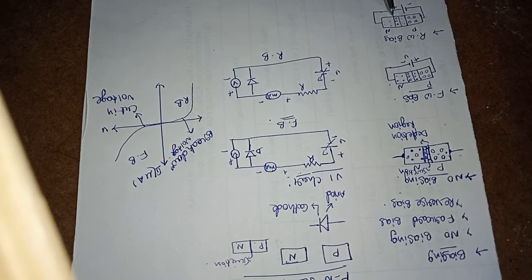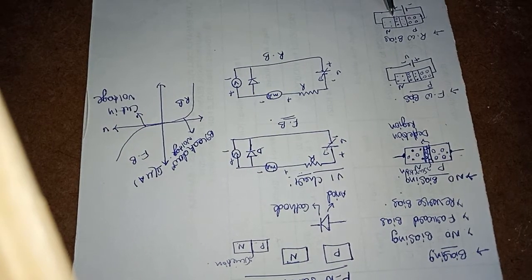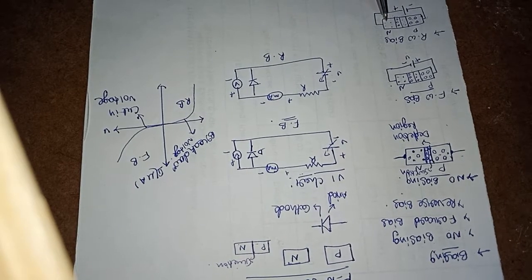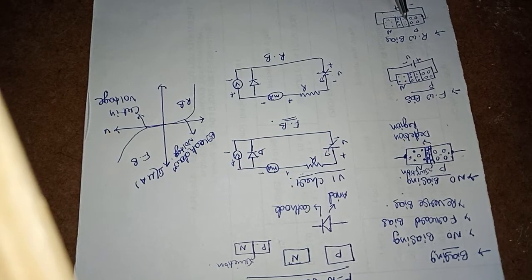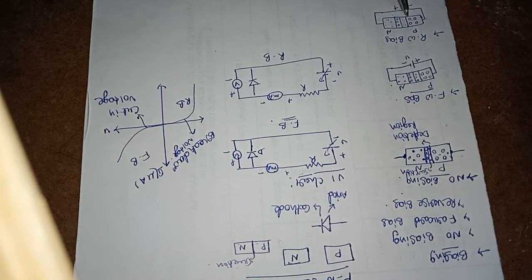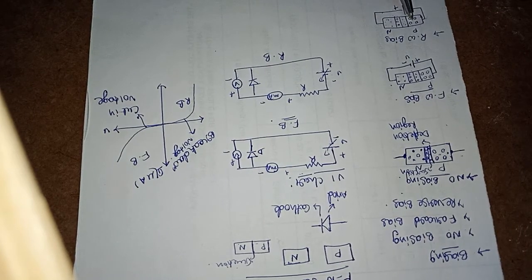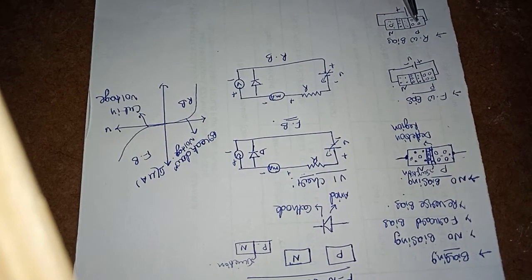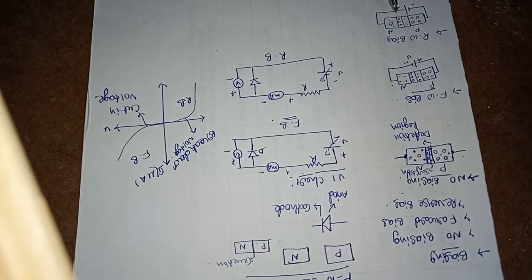So here the depletion region width will be increased, and there is no current flow across this diode. But there is a small amount of current flowing through this diode because of the minority charge carriers in the p-type and n-type materials. The minority charge carriers, the electrons in the p-type material and the holes at the n side, are attracted to each other, so there is a small amount of current flow through this diode.